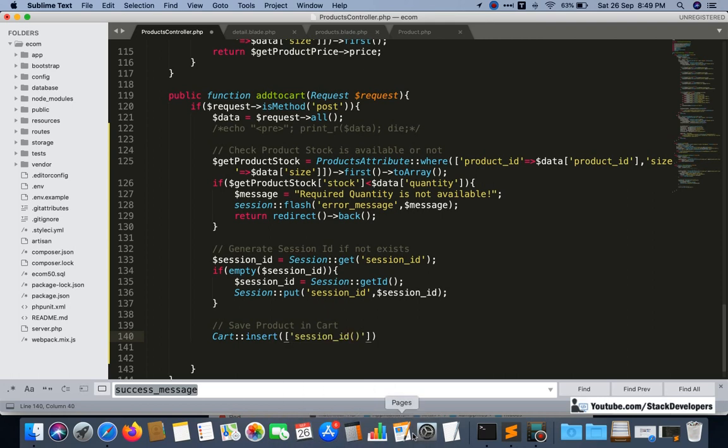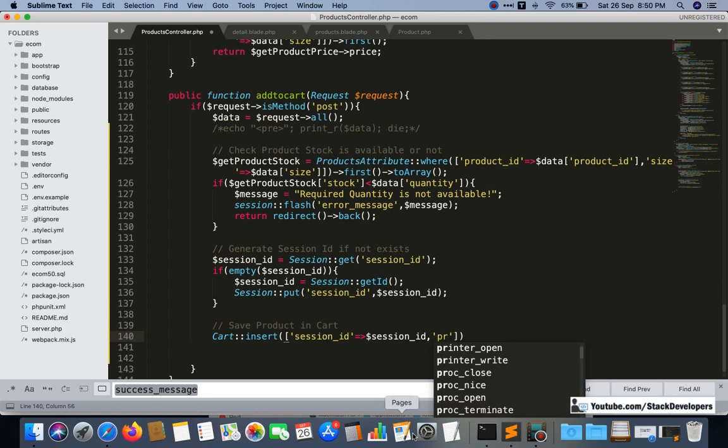See, session id we are already having. We are going to save the session id. Right now we have the session id, we don't have the user id right now. User id we will have when the user is logged in. So session id we are going to save, and product id we are having.